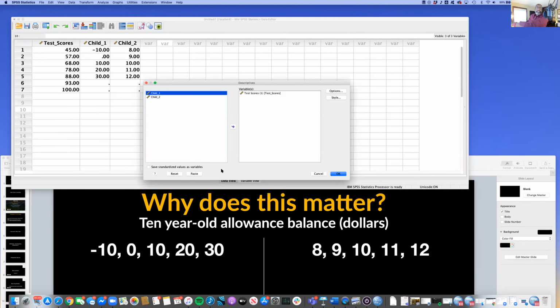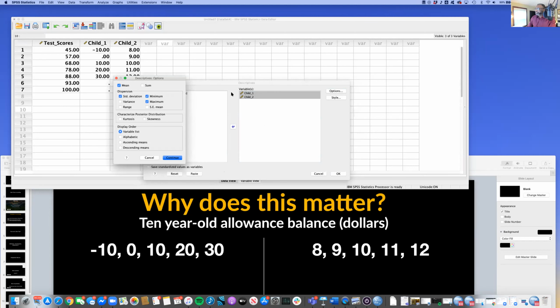If you already have data in this box, you want to hit reset, and it clears everything out, and you can start over. Now, what we want to do is highlight these two, or double click however you'd like, and move both of those lines of data into variables. Once you have child 1 and child 2 in this box, you're going to click options,